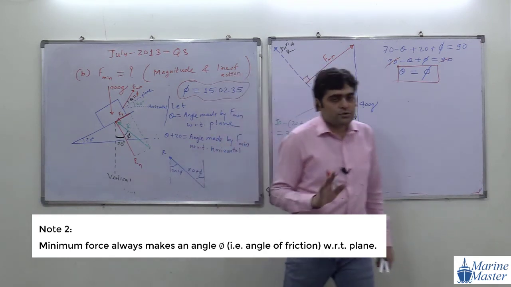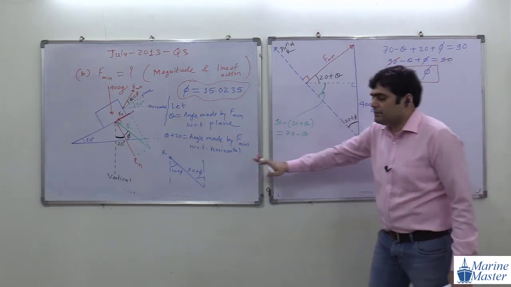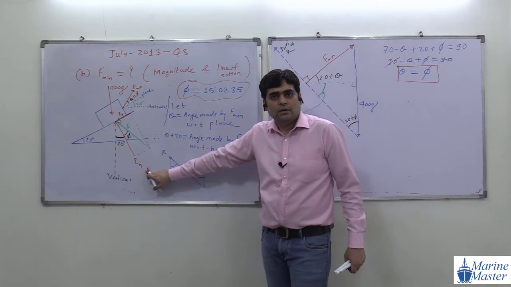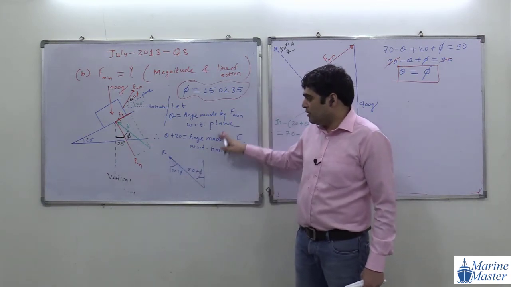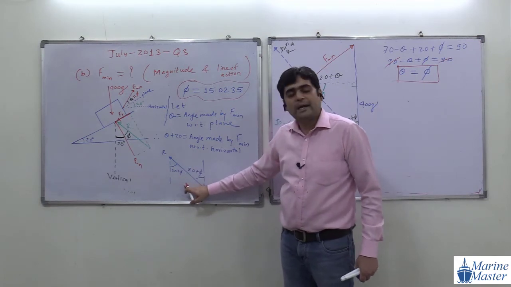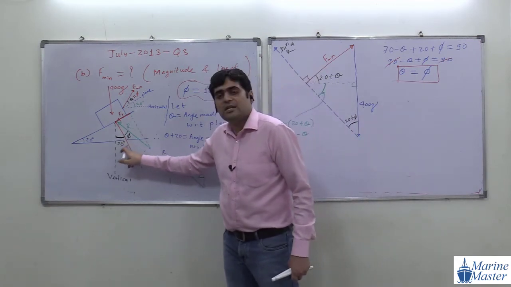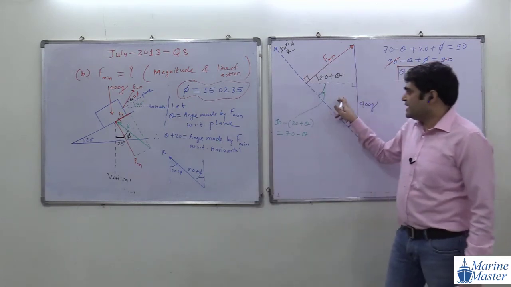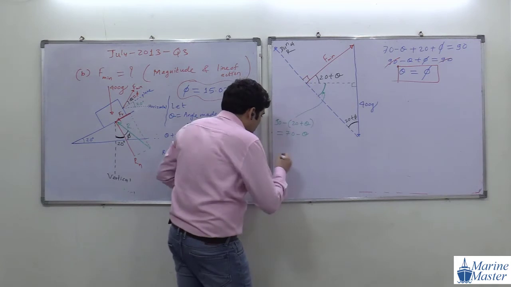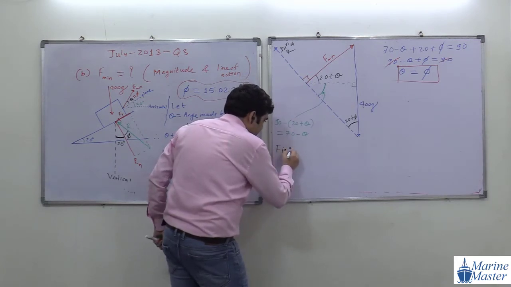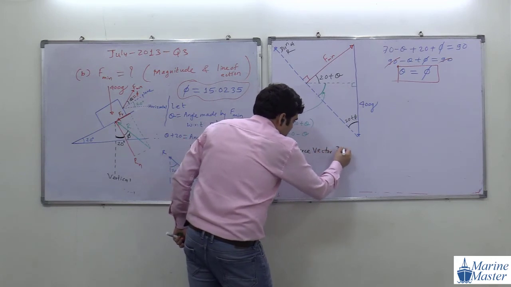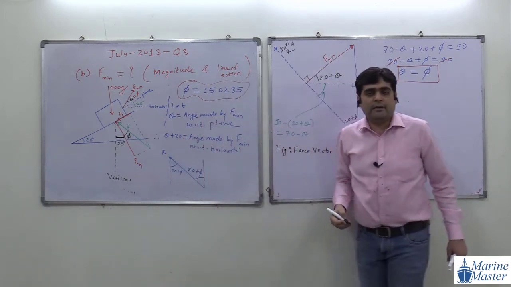Is everything clear? Any doubt in this drawing? Okay, good. See, this angle of R with respect to the vertical is 20 plus phi, how we got this? See this drawing, 20 plus phi. Now, any doubt in this force vector diagram? What is the name of this figure? Force vector diagram. Any doubt in this force vector diagram?